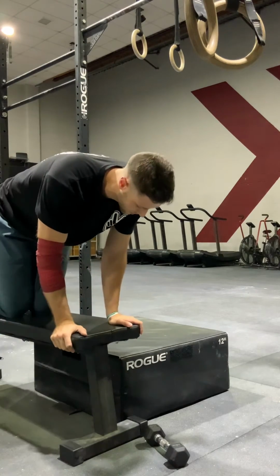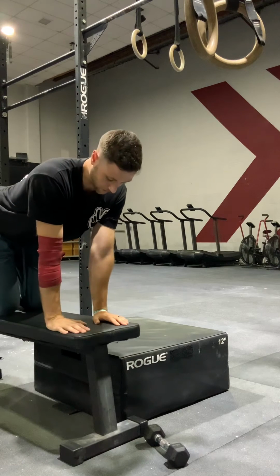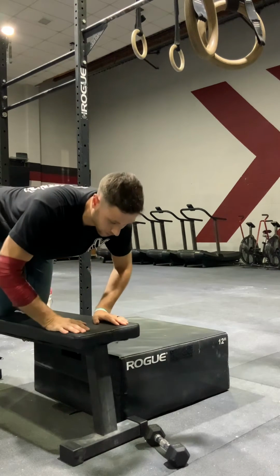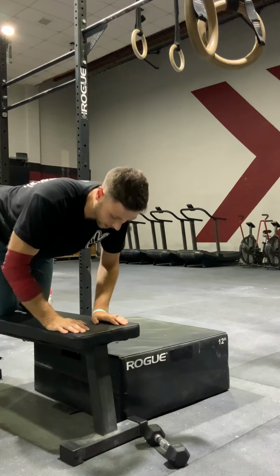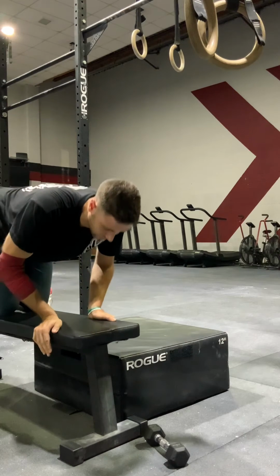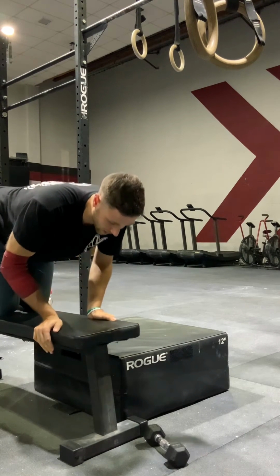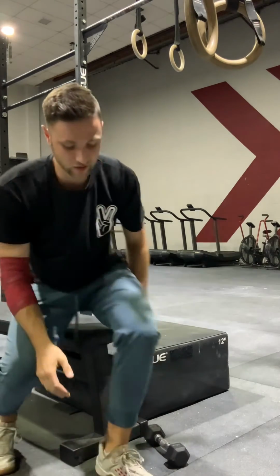What we're gonna do is I'm gonna stow in this position. I'm gonna go palms down, typically fingers forward. I'm gonna go down and squeeze, let that elbow kind of work. And then we're gonna do the same thing, but we're gonna go fingers to the side, down and squeeze, down and squeeze. Once we get 10 and 10,